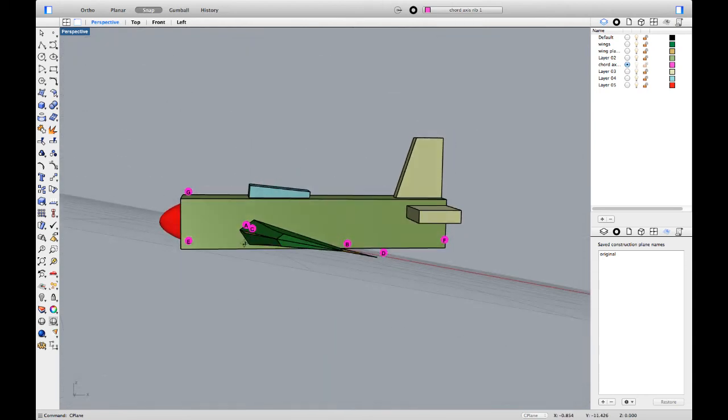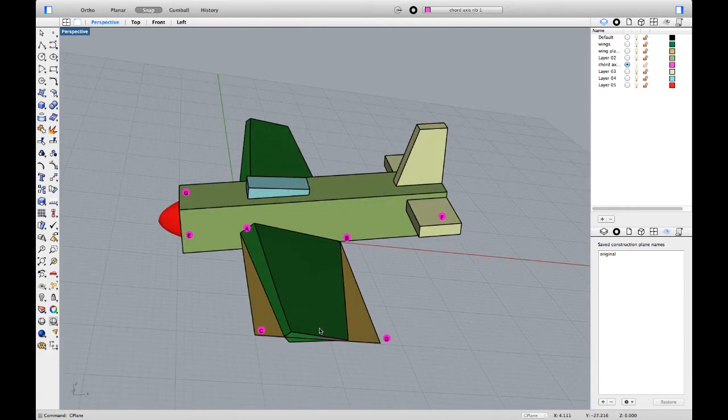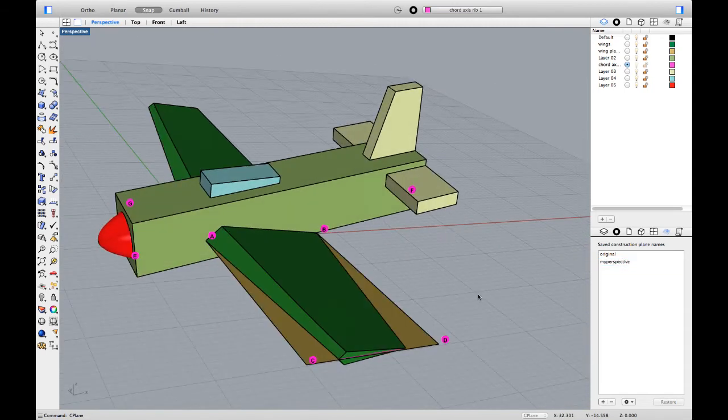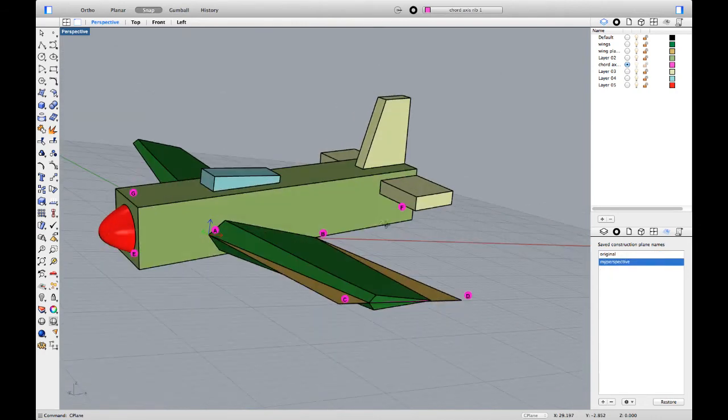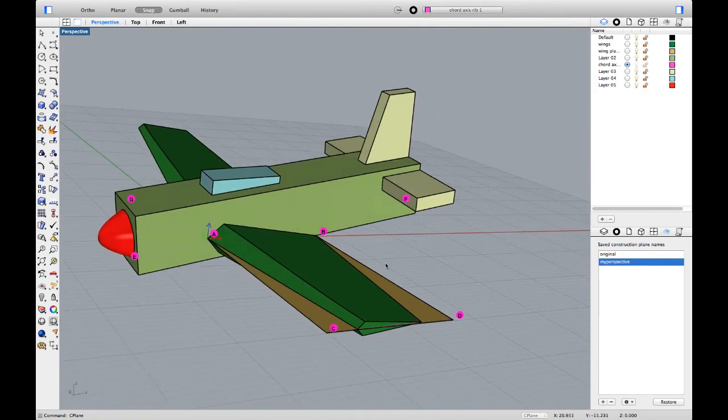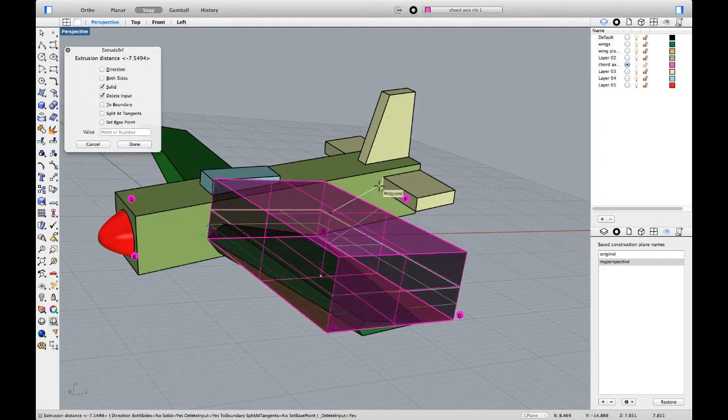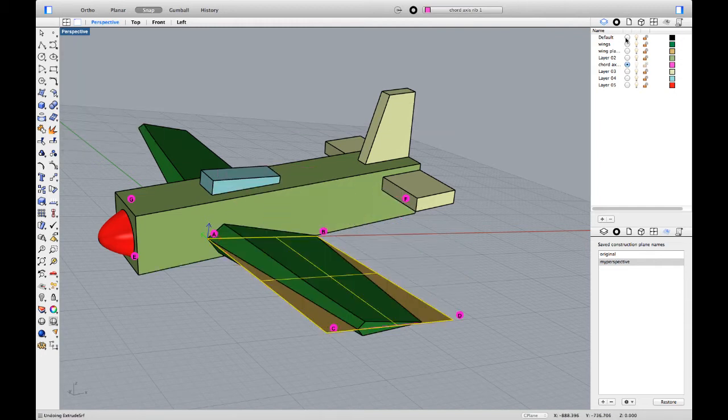So now I have the first plane that you want set to this brown surface. Now I'm going to name this plane. I'll just say my perspective. So now I can switch back to the original or my perspective. I have those two planes. This is just for the sake of example. Let me change that. I'm going to extrude this face,